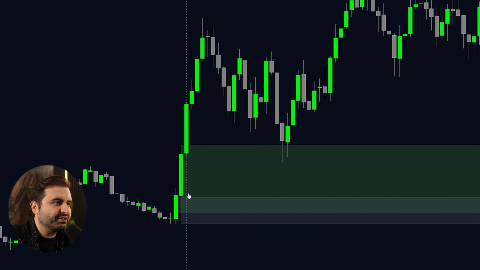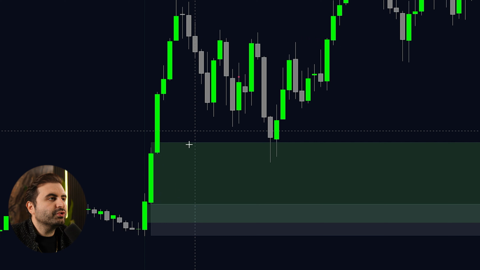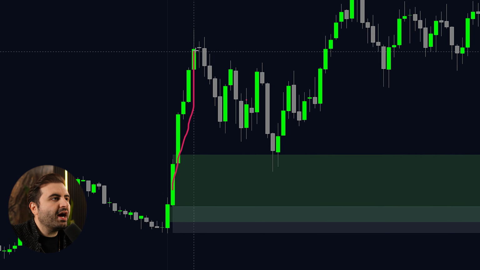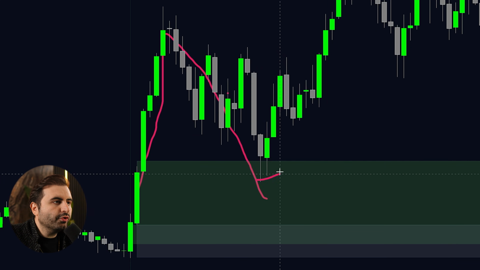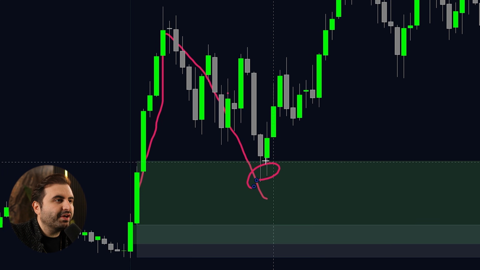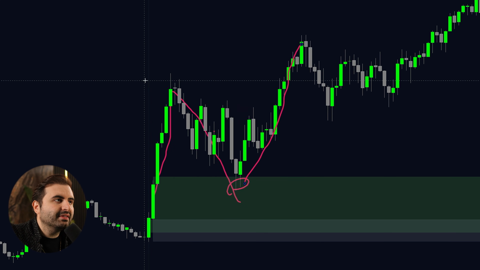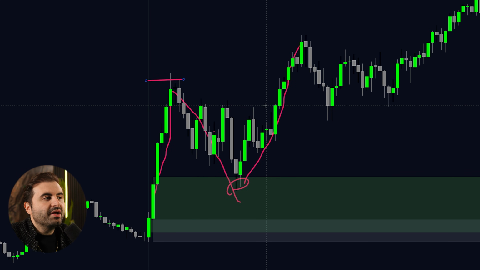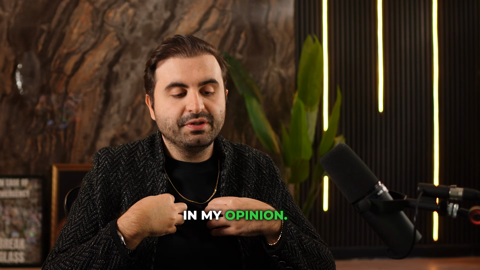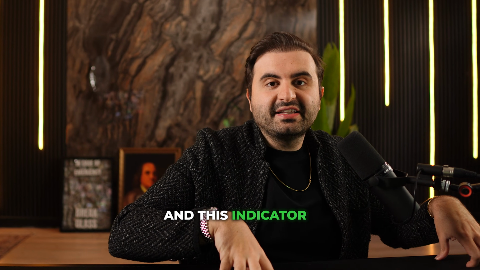And this was the first FVG, right? So how you can use this? The price goes up, trades back into it, couldn't invert, respected this fair value gap, and created a new high like this. It is quite simple, and if you are following ICT concepts, this first FVG concept is very powerful in my opinion. Now I will take you to the final indicator, and this indicator will show you a model